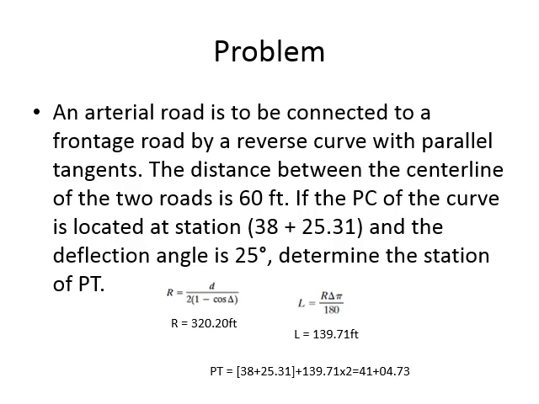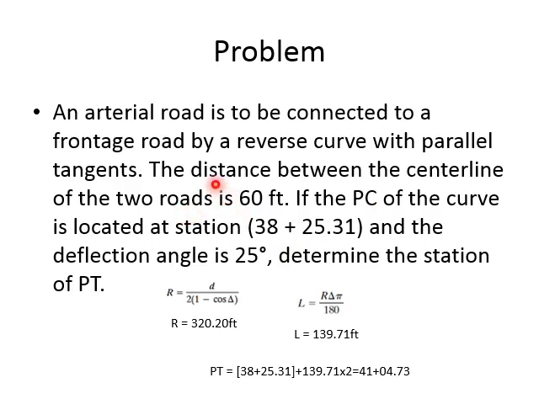So we have this example here. We have an arterial road connected to a frontage road. A frontage road is also what we call a service road. So you have the main road, and beside the main road you have one lane, like a curb or a sidewalk or a barrier. Then after the barrier you have a small road, a small lane, where you can park your vehicle and go to shops beside the road. So that is called a frontage road or a service road, and that is basically parallel to the arterial. So if you want to go from the arterial to that frontage road, you have to make a reverse curve, because these are two parallel tangents.